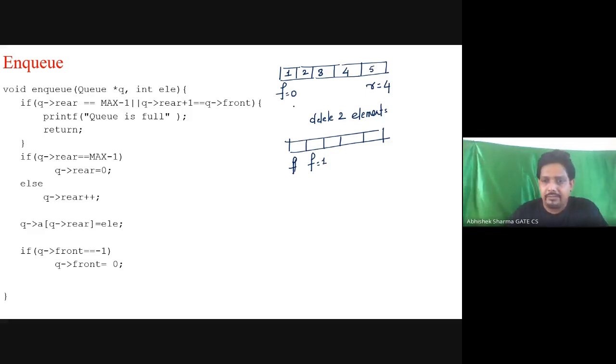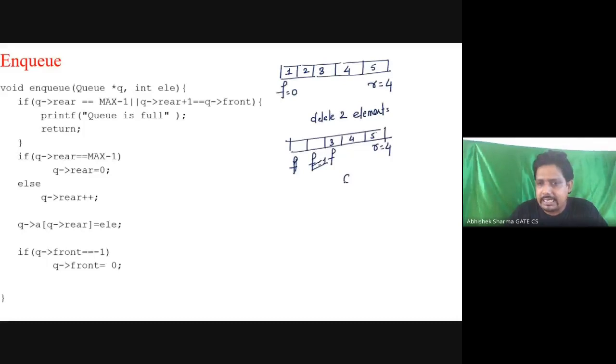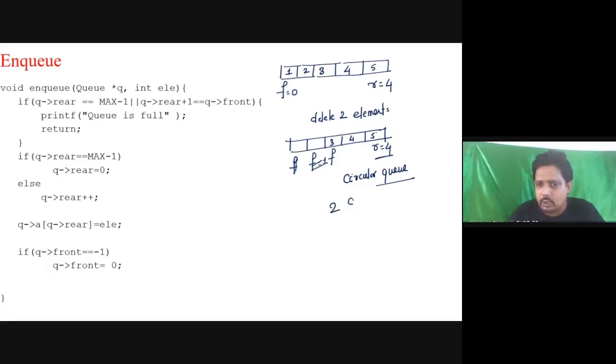Okay. So F will become 1, and then another delete operation will be there, and F will finally become 2, 3, 4, 5. And F front is here and rear is at 4. Now, since we are considering it as a circular queue, what will happen? The next R equal to 4, the next insertion, if I do again an enqueue operation,